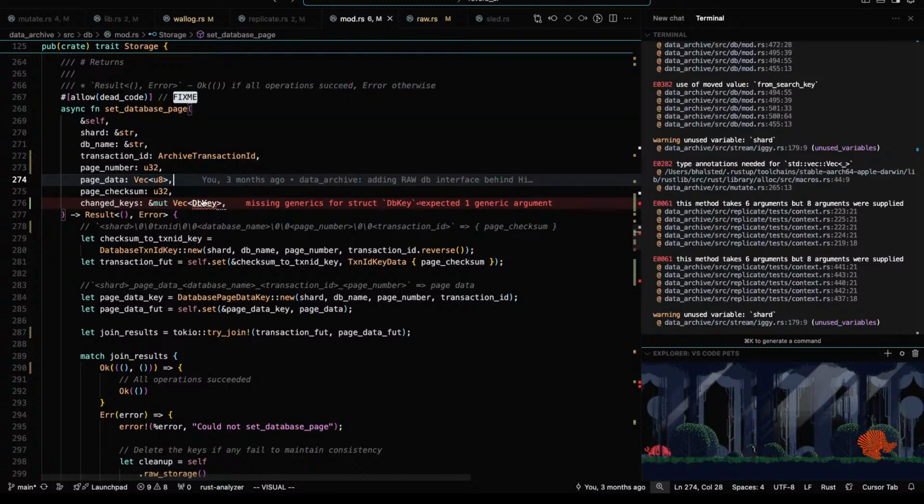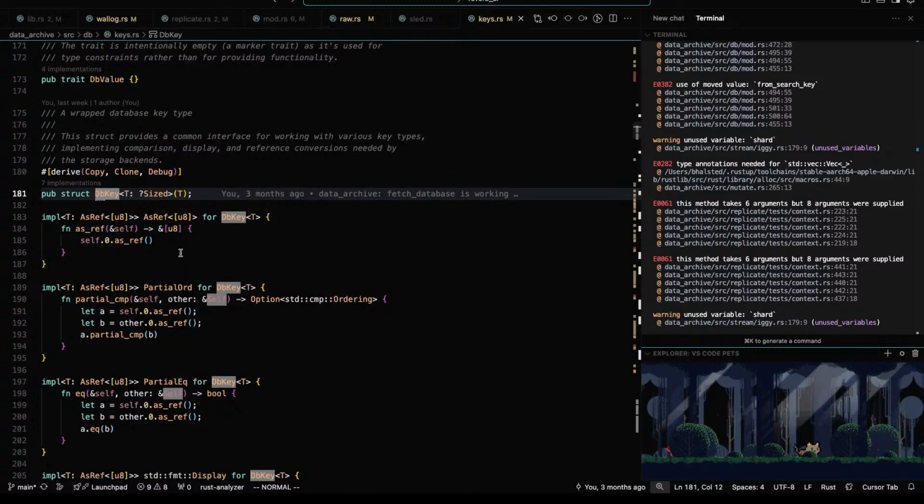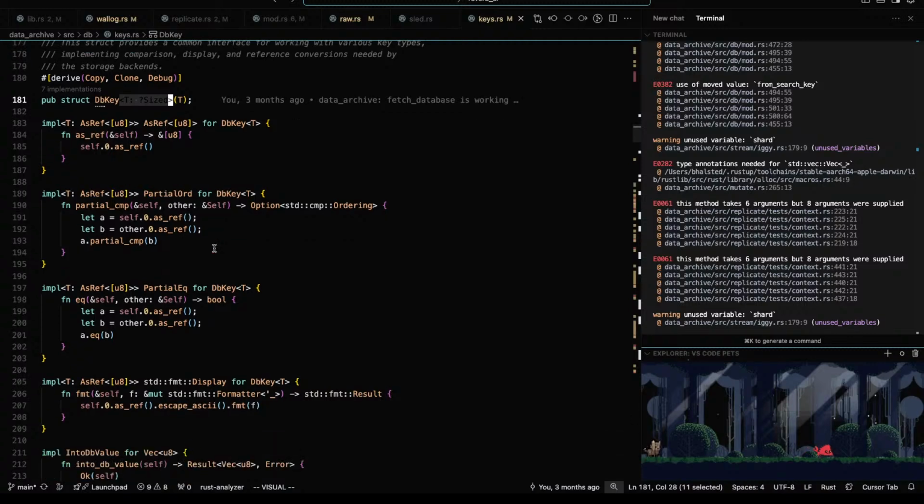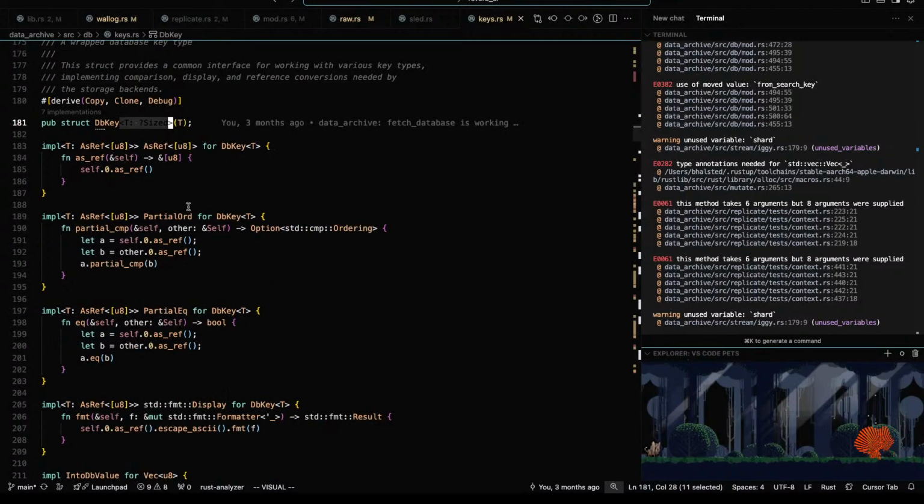My DB key could strip them of all that extra goodness, as this does not have to be generic, because at this point we're basically just wrapping vectors of U8s.